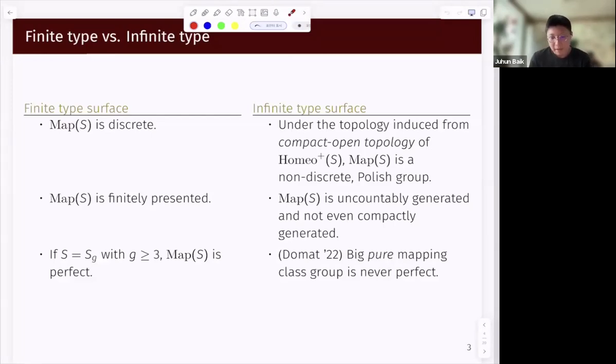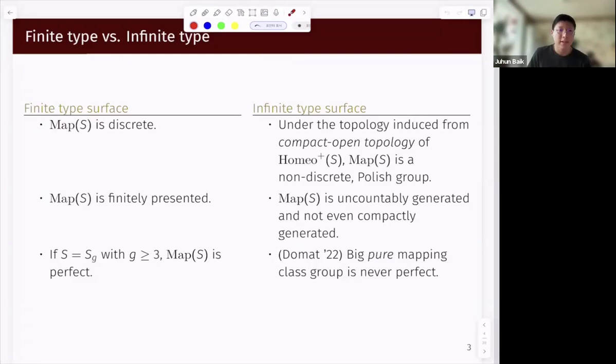However, for an infinite type surface, we can also give the compact-open topology on the homeomorphism group, the orientation-preserving homeomorphism group, and then cut it out again. Then in this case, the identity is not anymore